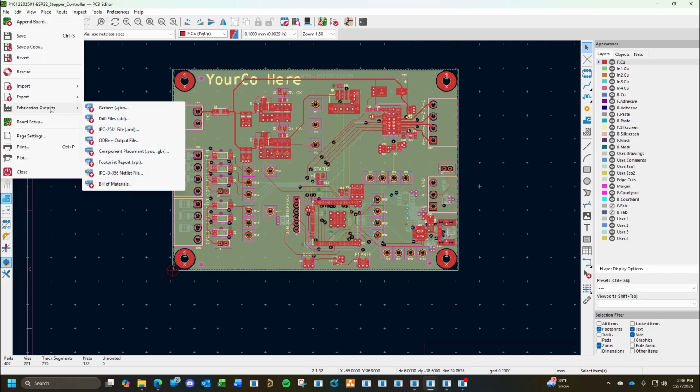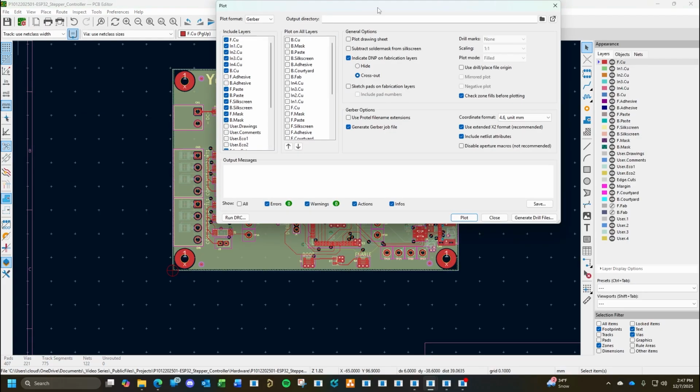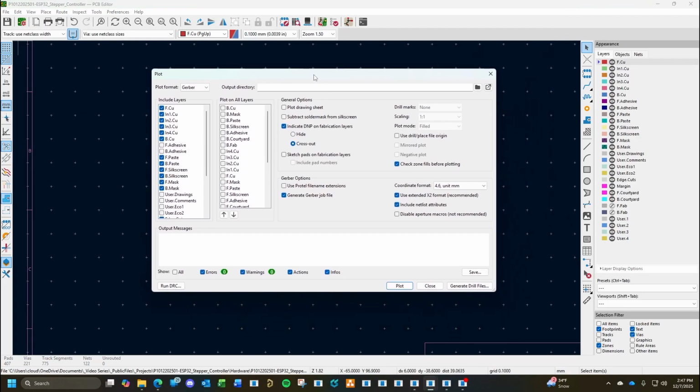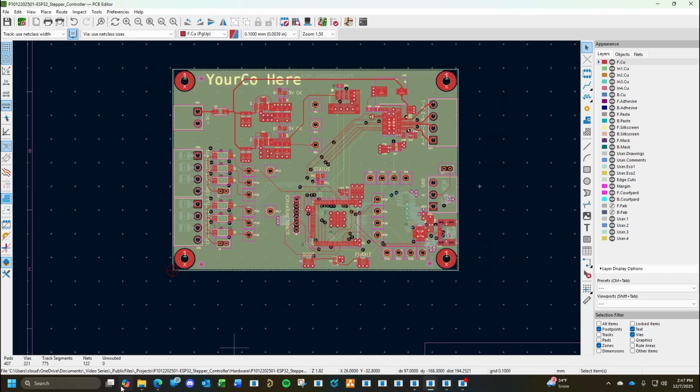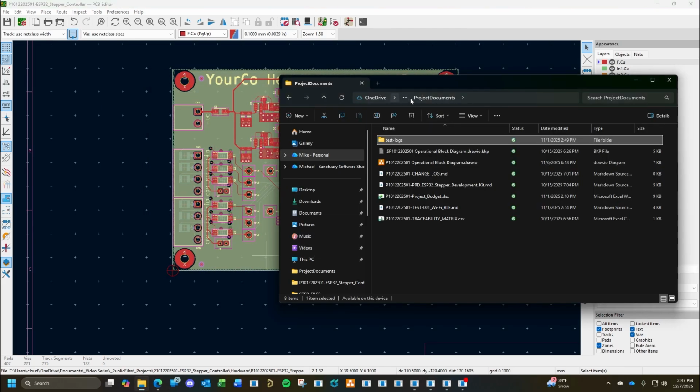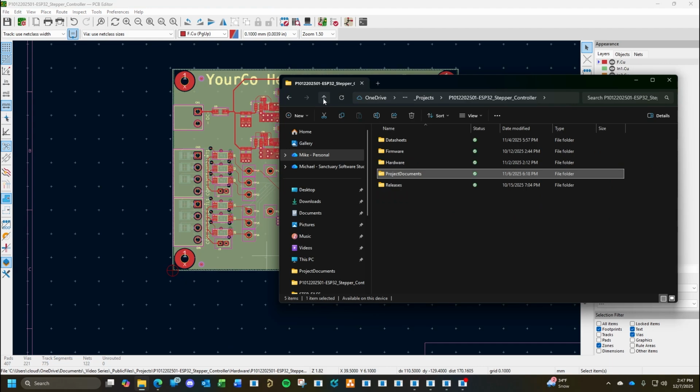fabrication outputs. Perfect. So this will do bill of materials and everything. All right, cool. So the Gerber files, export Gerber. I'm going to have to figure out KiCad's layout. Okay, so I have an output directory. So let's see, I'm closing that. Let's see if we can go to the project,